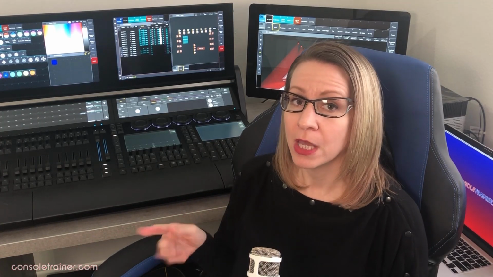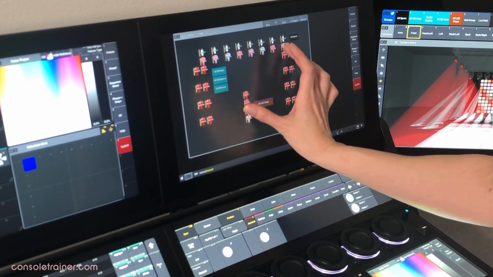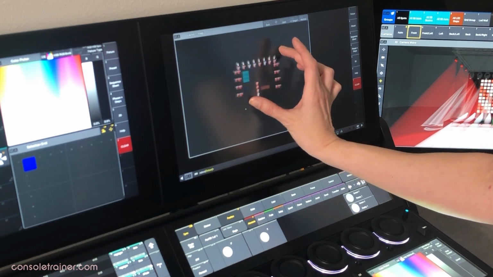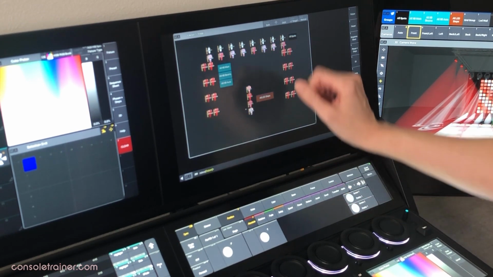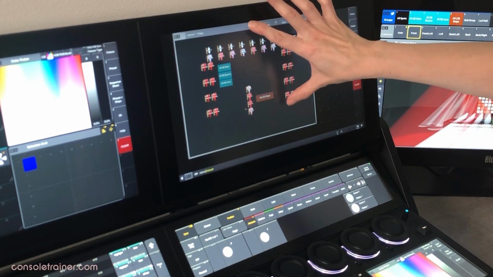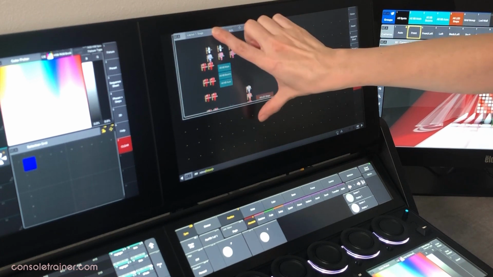We only had one multi-touch screen on the grandMA2, but on the 3, all of the screens are multi-touch, and that allows for some new interactions that they call gestures. An example of a multi-touch gesture would be using 2 fingers to zoom in and out of certain windows. I can also change the size of a window by holding the title with 1 finger and then touching where I want the screen to end with a 2nd finger.